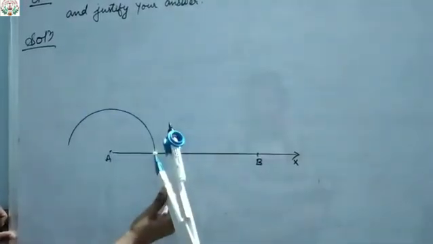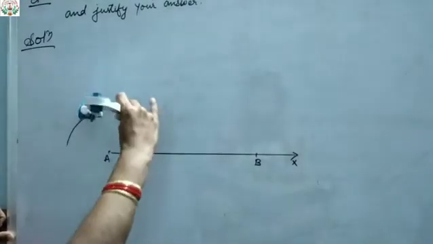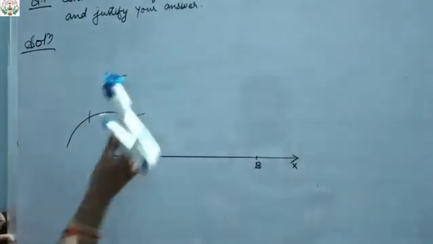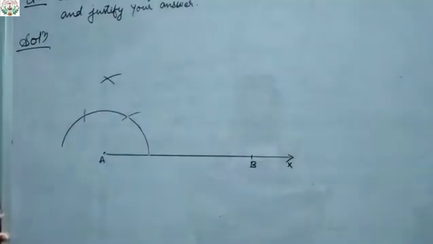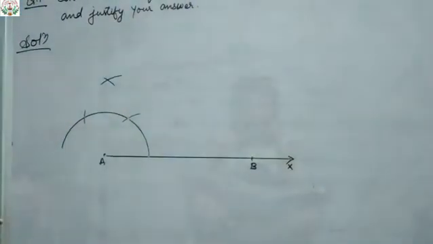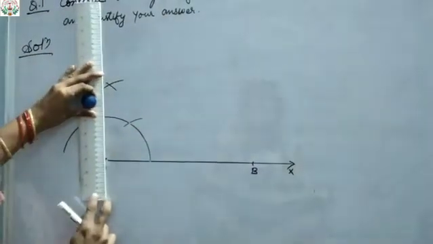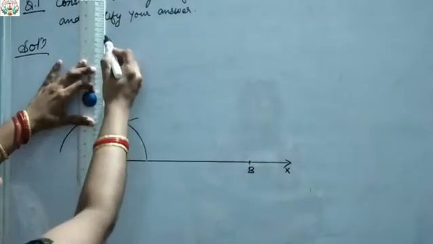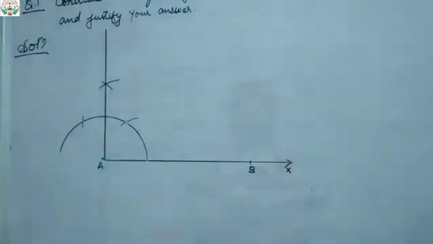Okay. So keep here again and draw 60, and again here, then again 60. Okay. And then here, and then keep here and draw this. Okay. So this arc where it intersects, it makes what? Exactly 90 degree. Okay. So join the line likewise. Okay. You will get 90 degree.